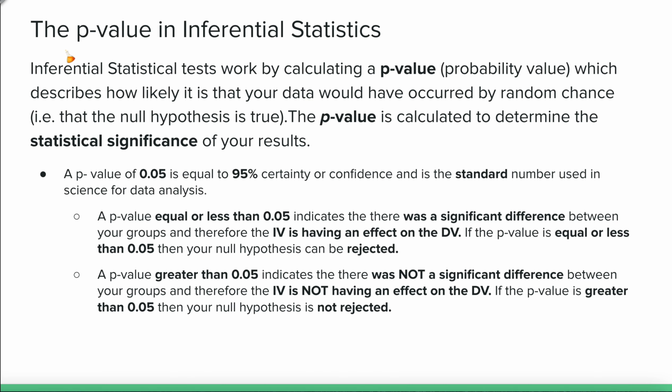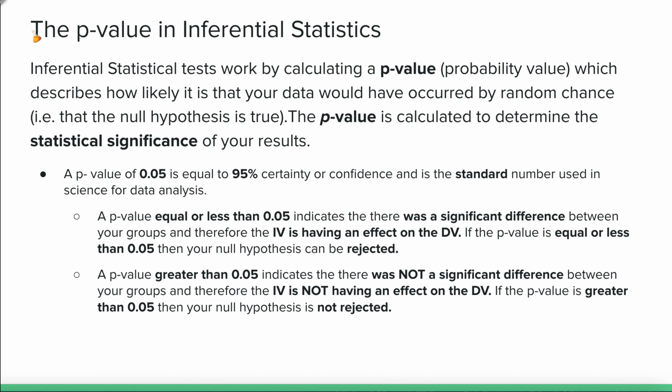What's the p-value in inferential statistics? Inferential statistical tests work by calculating a p-value, or a probability value, which describes how likely it is that your data would have occurred by random chance, meaning that the null hypothesis is true or was failed to be rejected. The p-value is calculated to determine the statistical significance of your results. A p-value of 0.05 is equal to 95% certainty or confidence, and it is the standard number used in